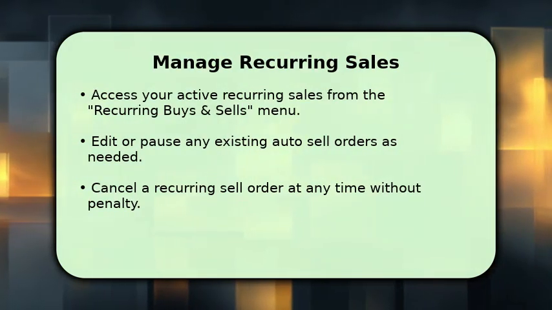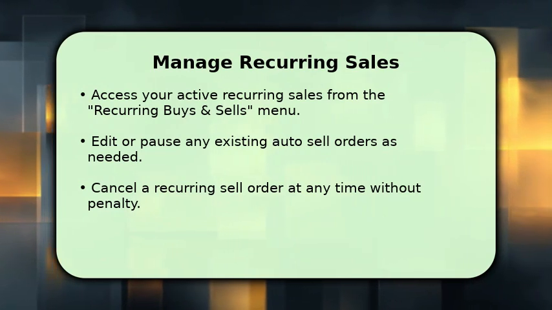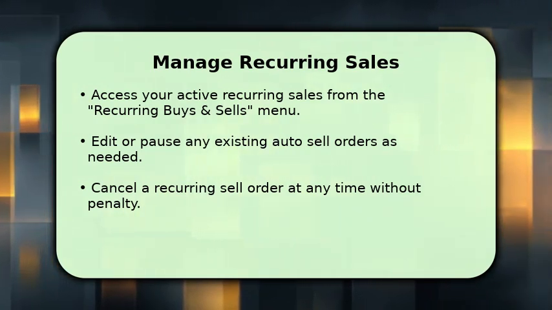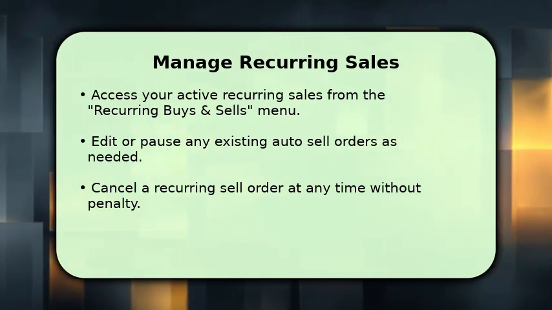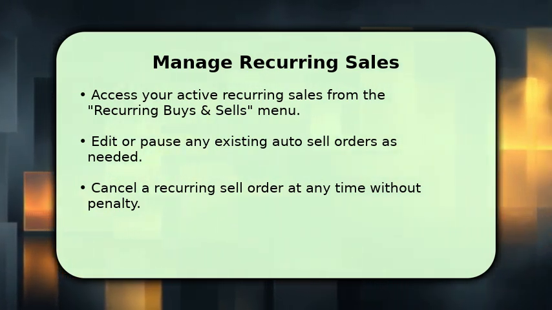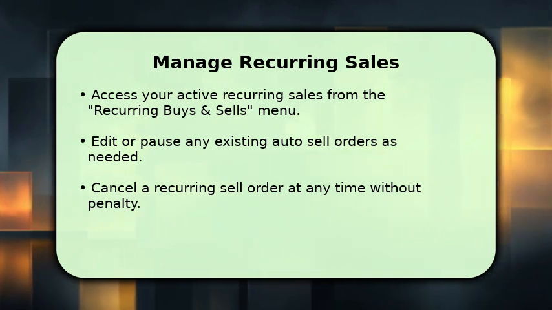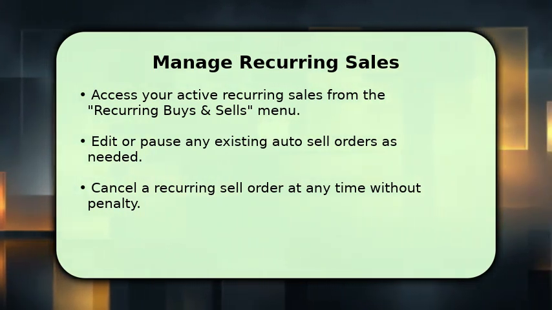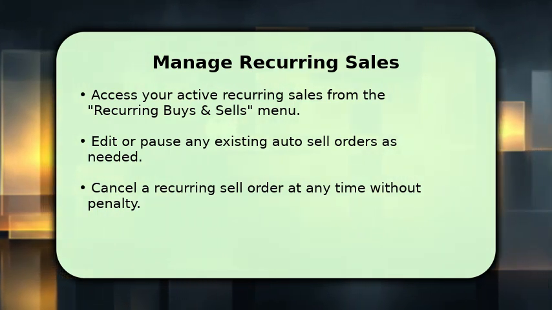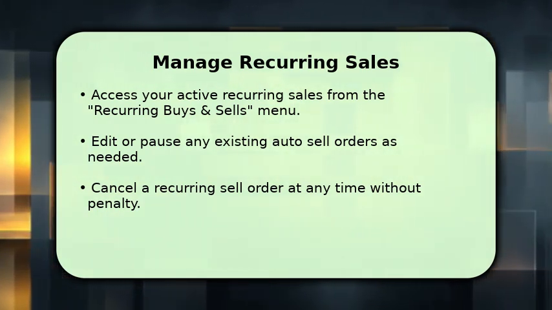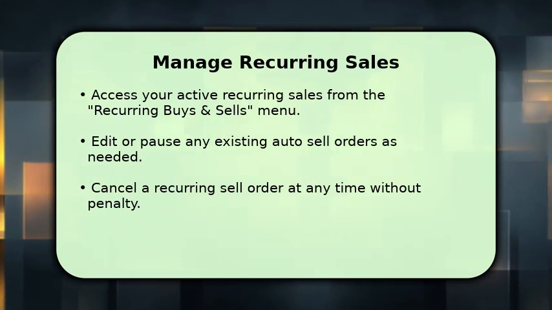Managing your recurring sales is straightforward. You can easily access all your active auto sell orders through the Recurring Buys and Sells menu in your account. This section allows you to make adjustments, such as editing the amount or frequency, or even pausing an order if your strategy changes. If you decide to stop an auto sell entirely, you can cancel it at any point without